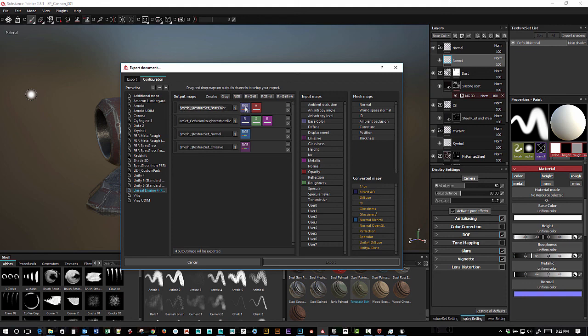This one is using an RGB together with an A, so you can pack an RGB map with alpha. This is a separate red, green, and blue channel for occlusion, roughness, and metallic. And then this one is a normal map, which is just RGB together. And then this one is emissive, if it's RGB together as well. So you can take these presets and you can make new presets, and this is basically what I put together